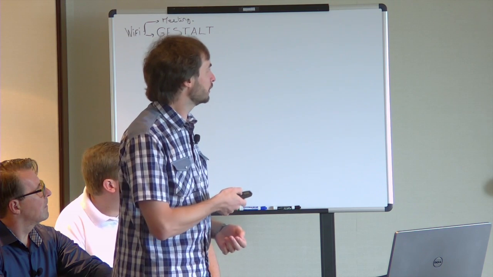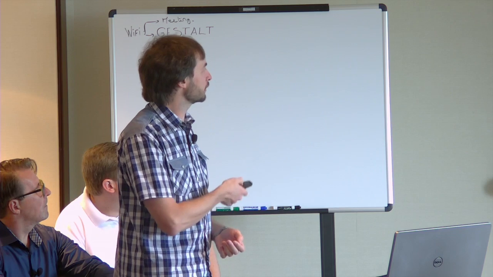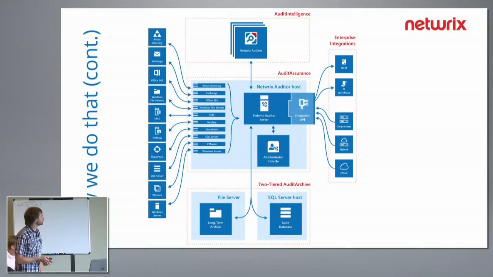And then on the integrations part on the right-hand side here, one thing that is important about the API that Arno was talking about is that it is working both ways. So we can consume the data. If you have SAP, for example, you want to have a single audit trail for all the systems that we support and something else, we can do that. And then we can also output the data. So if you want to leverage the Netwrix Auditor data somewhere else, for your dashboards, for your